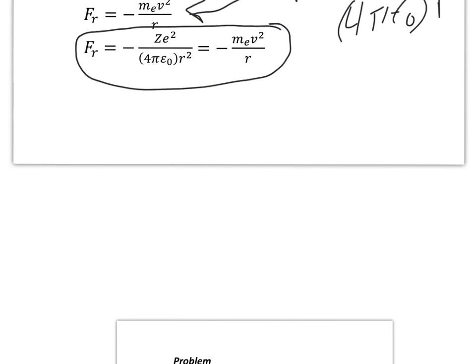We'll do just a little bit of manipulation. Notice that the left-hand side has an r squared in the denominator. The right-hand side has an r. I can eliminate one of those r's in the denominator, leaving me with the equation minus Z e squared over 4 pi epsilon naught